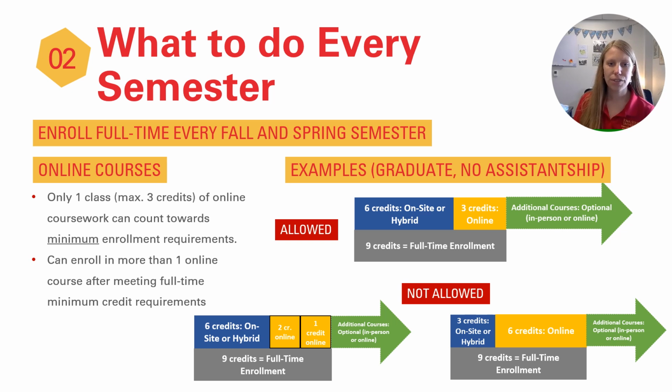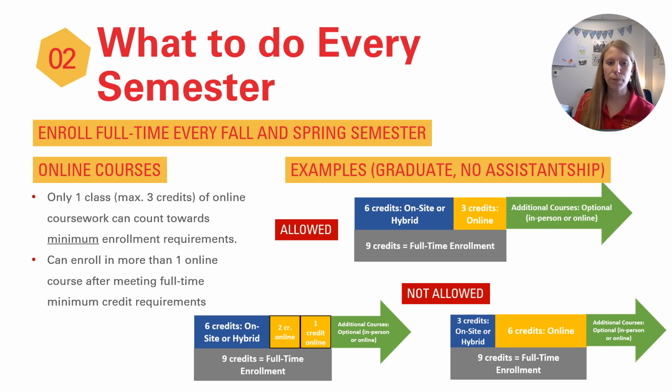In the first chart, this student is meeting enrollment requirements. They have one online course, not more than 3 credits, counting toward their full-time enrollment of 9 credits. The bottom chart does not work, as a student is enrolled in 2 online courses toward full-time enrollment. If you recall, the rule is that one course not exceeding 3 credits can be online and counted toward full-time